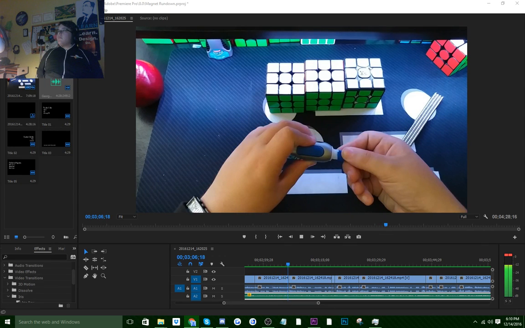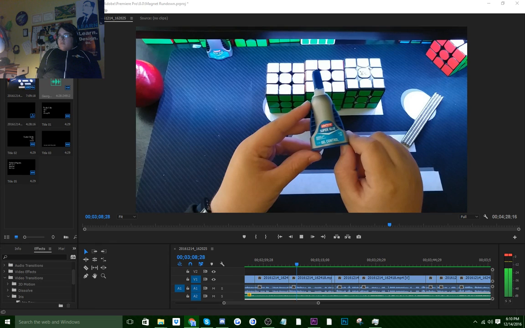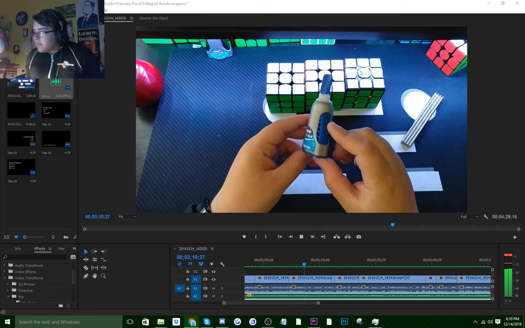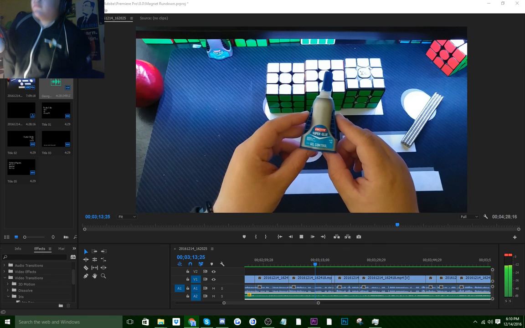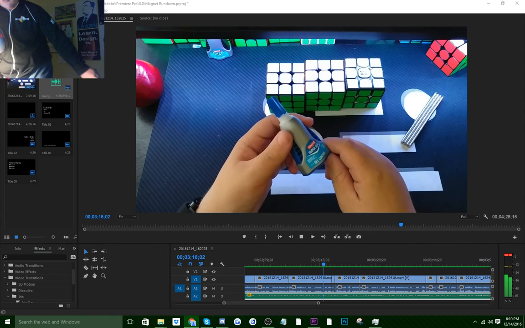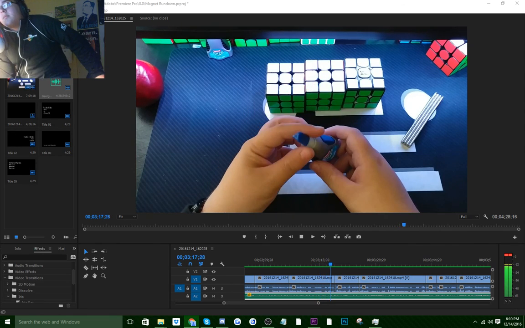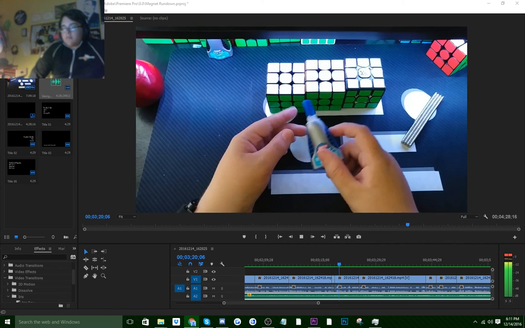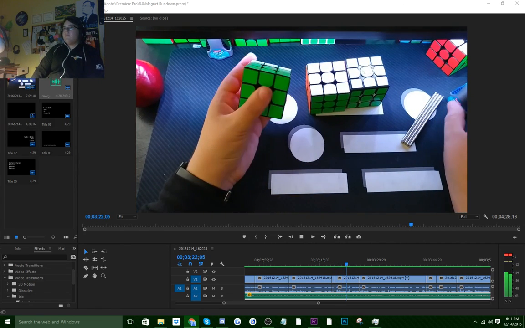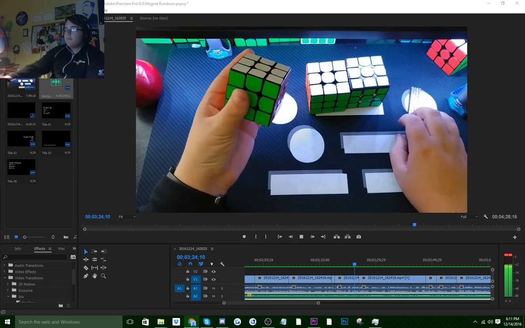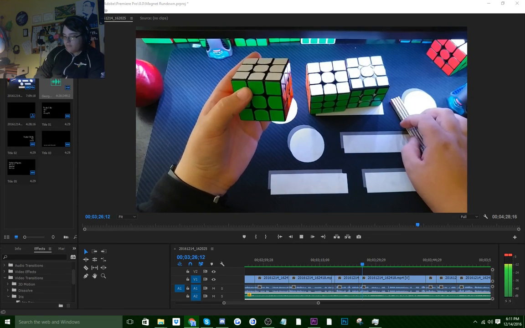The Loctite gel control stuff works well, although some people recommend pure liquid glues over gel. I don't really think it makes much of a difference. I've still had the same effect. You're going to want to be careful with your magnetized cube, because if you drop it, like I did to my Valk a little while ago, it was in my jacket pocket and it kind of